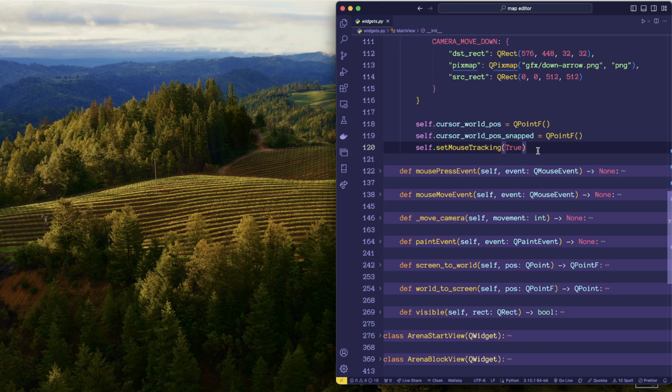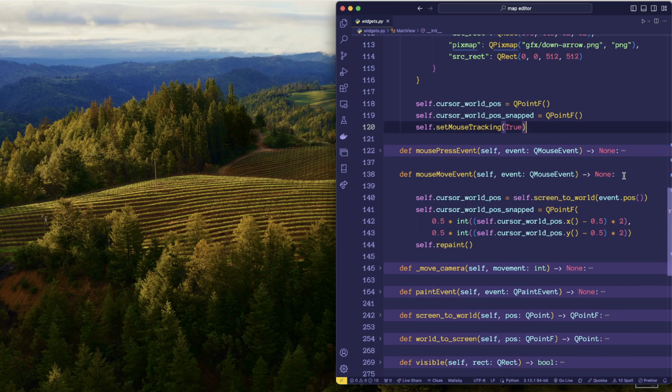It'll only occur when the mouse is focused, has clicked on the widget. But one way to set it so that the widget is always tracking the mouse's motion is to set mouse tracking. So I go set mouse tracking true,